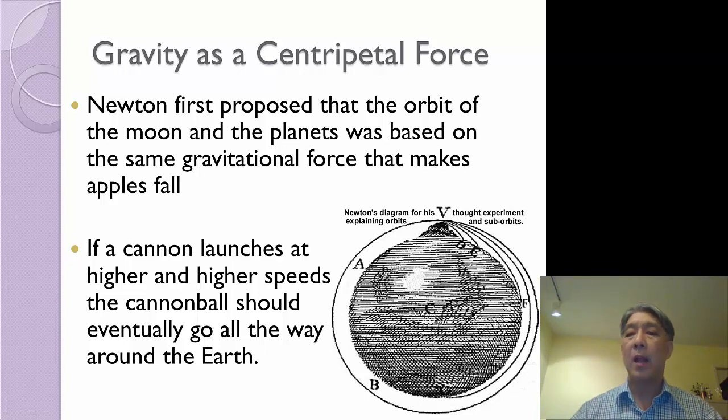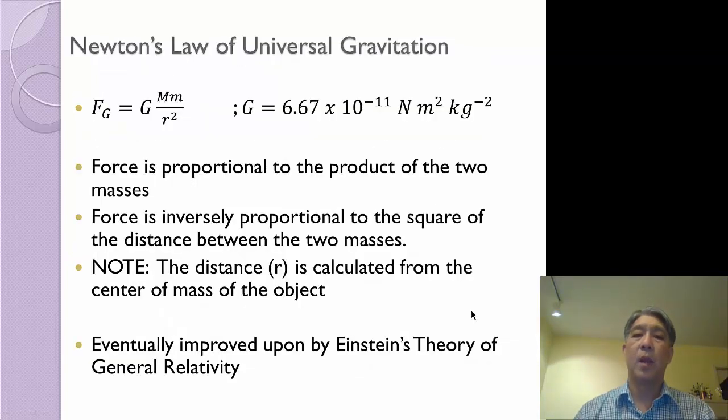In fact, it's curved. And I shoot it faster and faster and faster, and at some point, I do reach a point where the curve of my projectile matches the curve of the Earth, and it just keeps going around and around until it hits me in the back of the head. Okay, in reality, this wouldn't work because I have air resistance, but it was just a thought experiment. Okay, so if projectiles can go in a circle like that, then the moon must go in a circle that way as well. So he came up with his Newton's law of universal gravitation, which is this formula that says